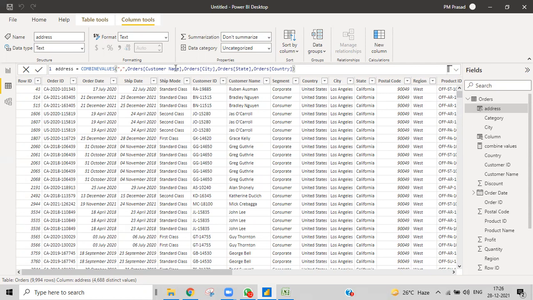But at this instance, remember that a measure will give only a singular output as per the current context. That is the definition. Just remember, it will give a single output, a scalar output, what we call it. In professional terms, we call it scalar output. In general, we call it scalar.